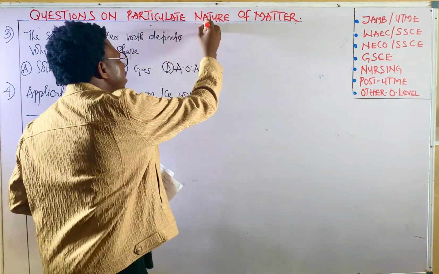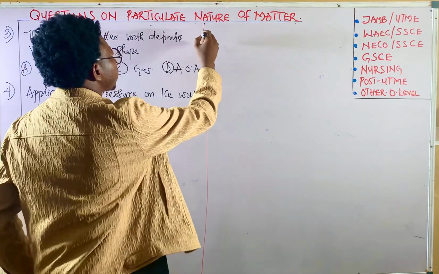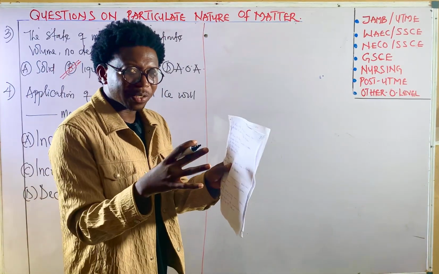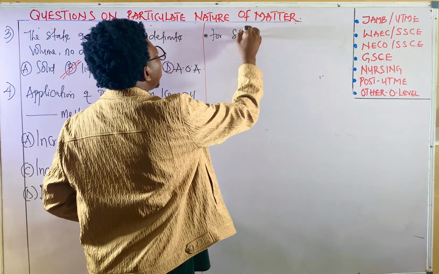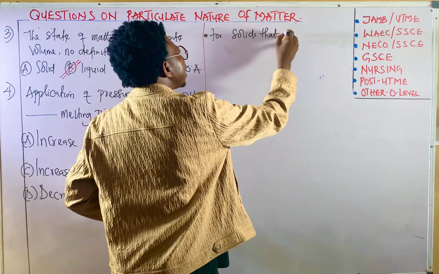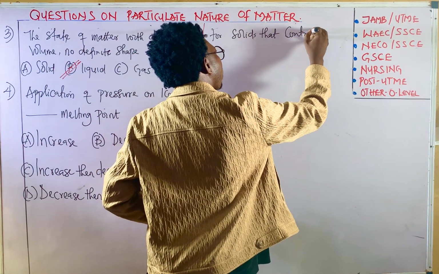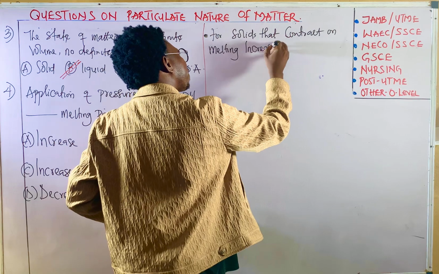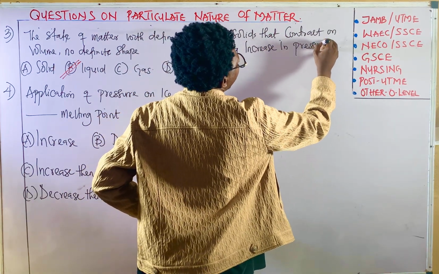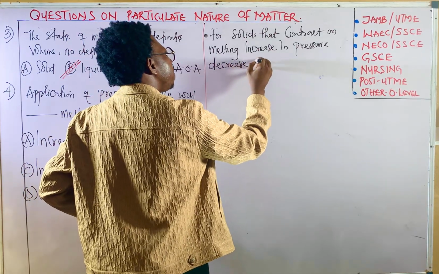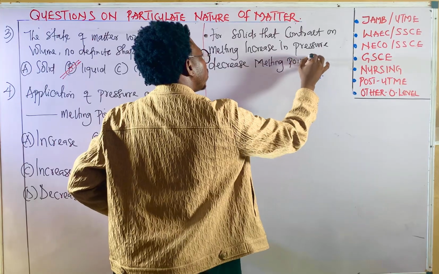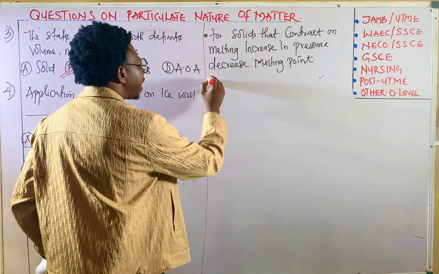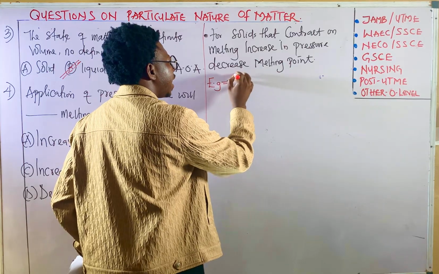Now you are going to put this point down. Put down this point. There are solids that expand on melting, and there are solids that contract on melting. So, for solids that contract on melting, increase in pressure decreases melting point. So for solid that contracts on melting, increase in pressure, do what? Decrease melting point. An example of this is ice,